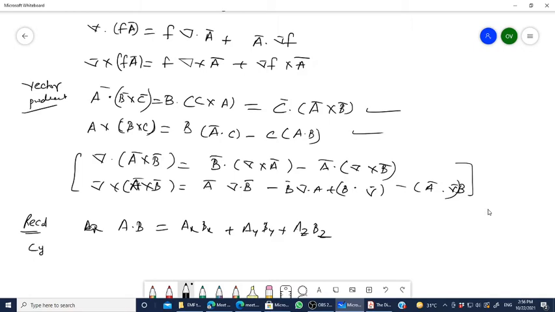In the cylindrical form, it becomes a rho b rho, a phi b phi, az bz,